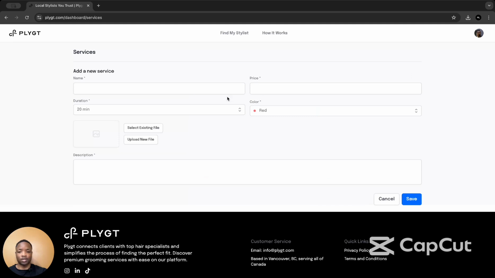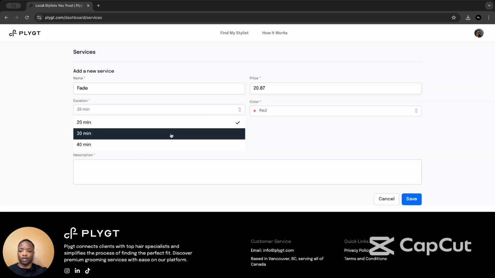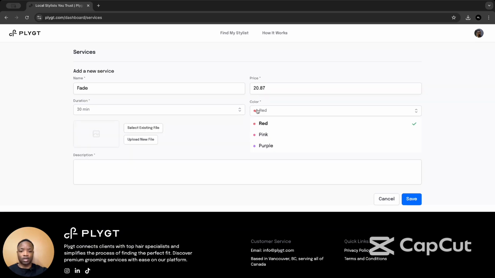Click on new service. I'm going to add a new service. I'm going to call it fade, like that. I'm going to give it a price of $20.87, very precise. Here I'm going to give it a 30-minute duration and a color to distinguish it from other